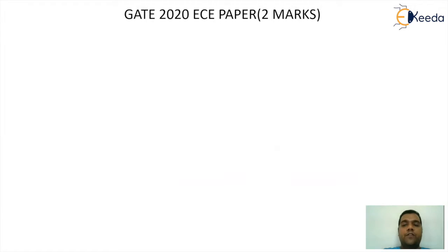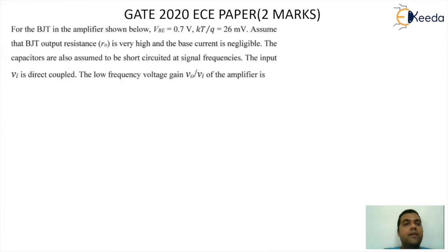So we are going for the first question. This question is from the GATE 2020 EC paper. The question has come for 2 marks. Let's have a look at the question. The question says,